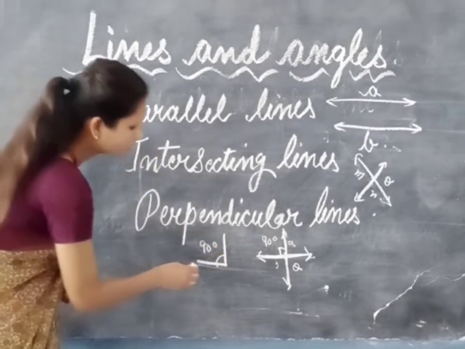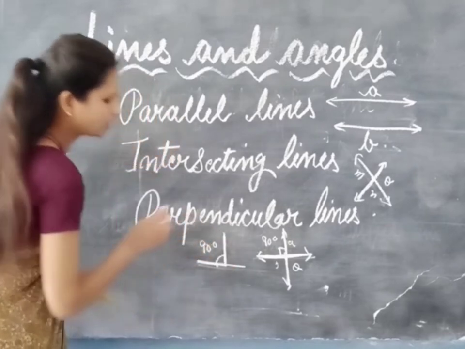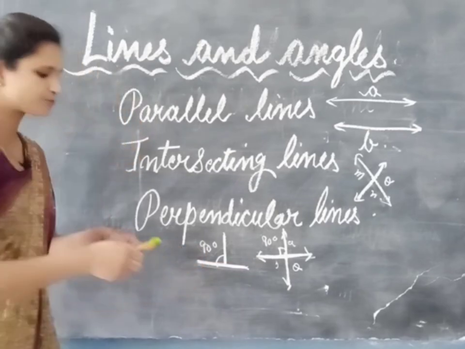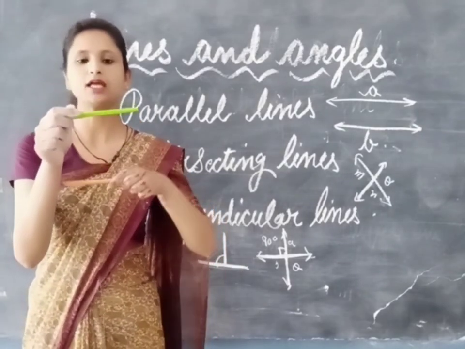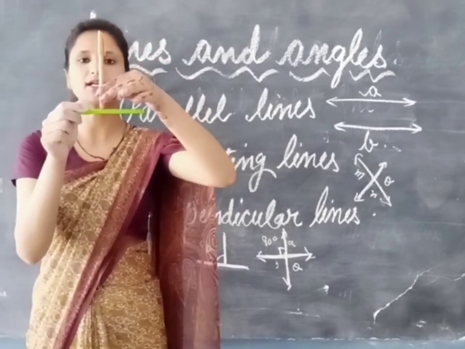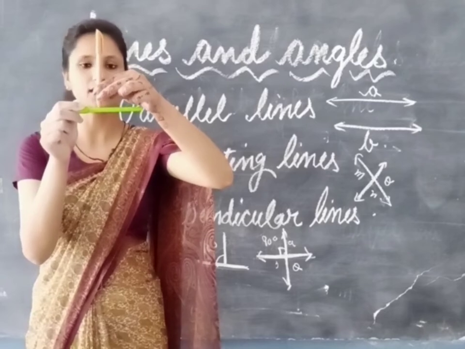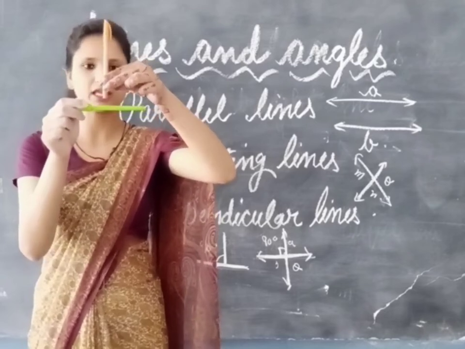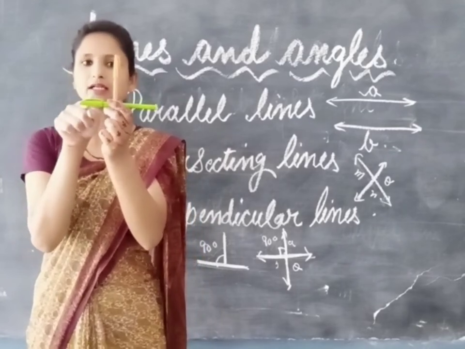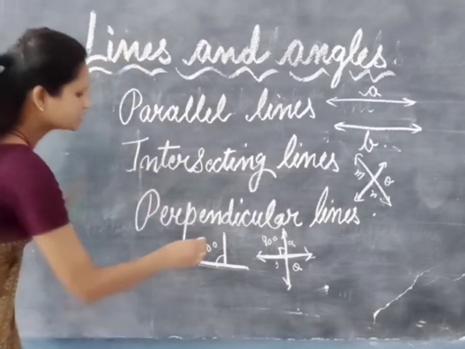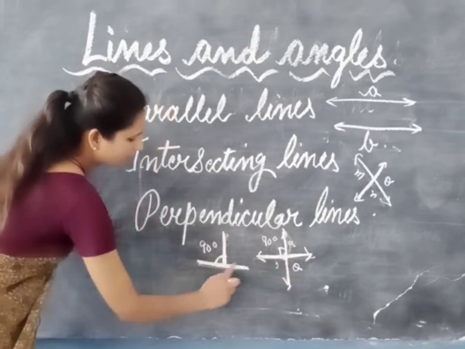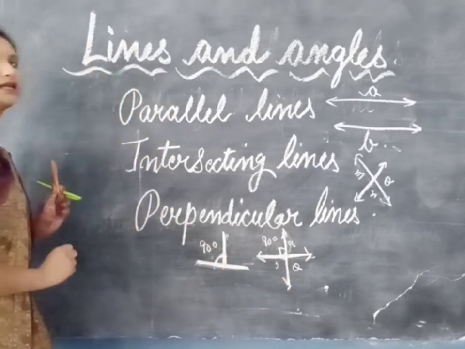Okay, whenever two straight lines meet each other at the middle of the second line, see, it is the second line B and it is the first line A. When line A is at the mid position of line B, it is forming an angle, and it is called a right angle. As you can see here, it is forming a right angle. If we take this part as separate, it will form a 90 degree angle.